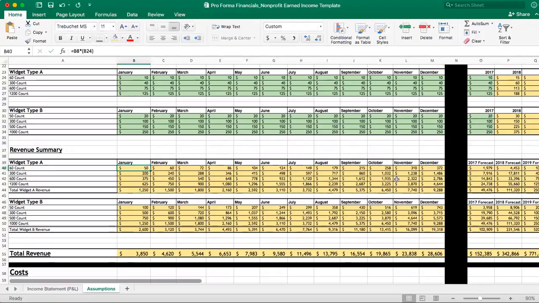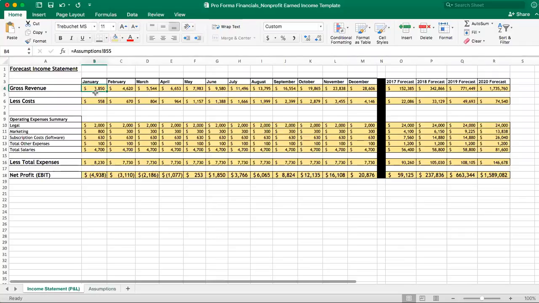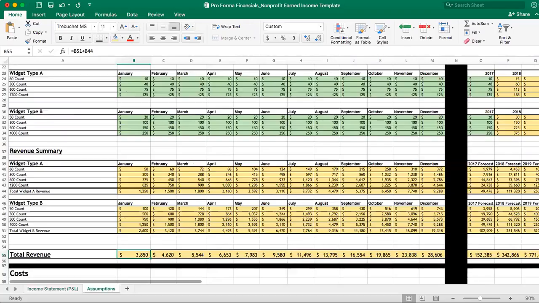When you expand those formulas across all of the cells, you can add up the two together. Widget A plus widget B equals my total revenue. And that's where I get this number from, and that's where it's referenced in the income tab. Moving down to costs now,